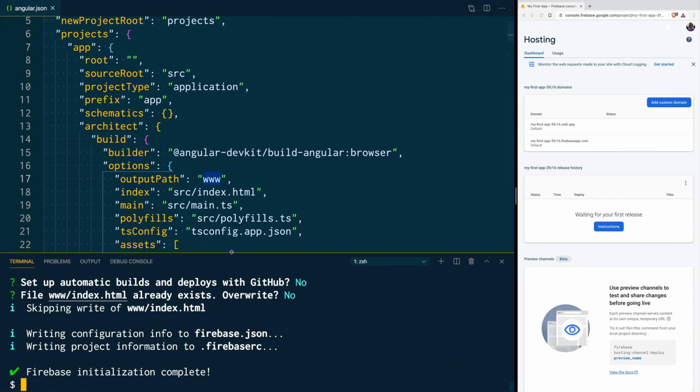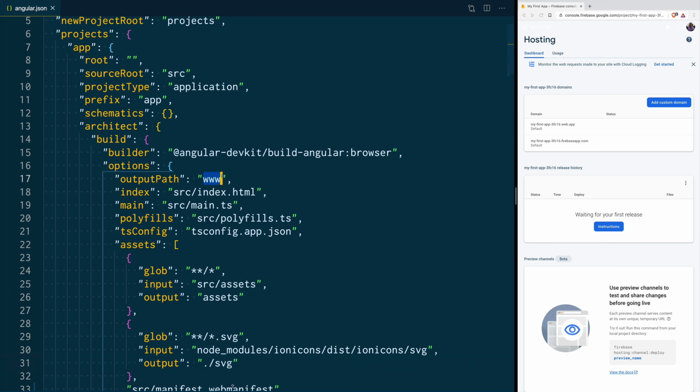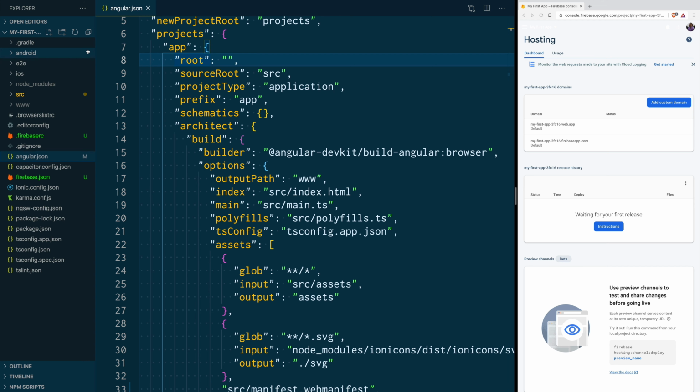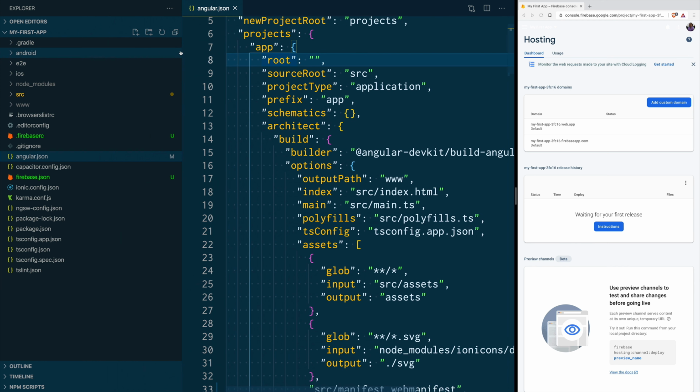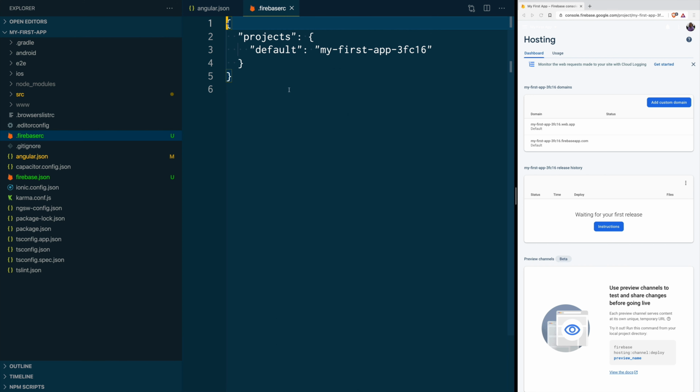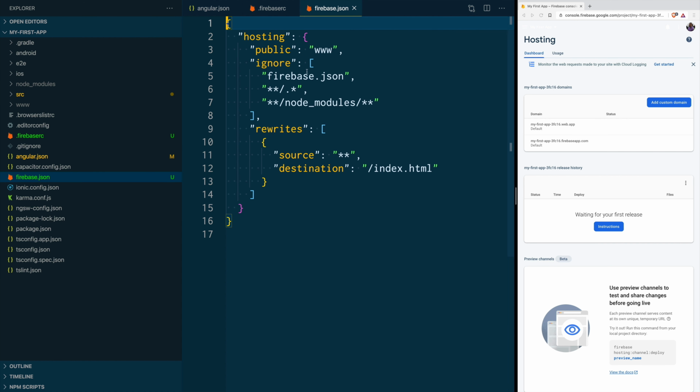And Firebase initialization completed. So let's see what it created. When you go to the File Explorer, you're going to see that it added a .firebaserc file. And in here, it's only telling you, okay, this is the project that you are using. And then it added a firebase.json file, and this has only the hosting configuration because we are only deploying through